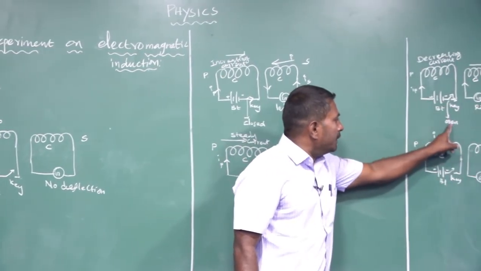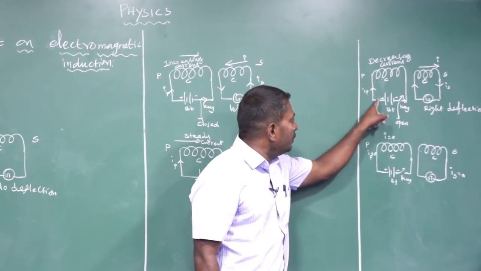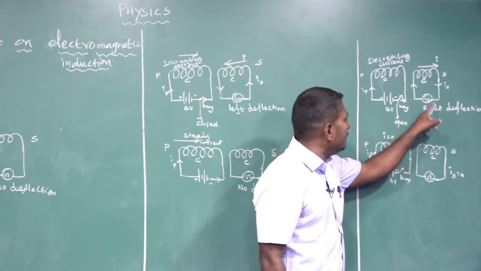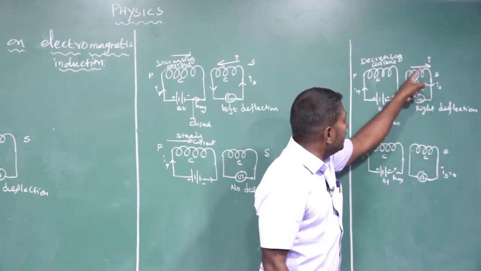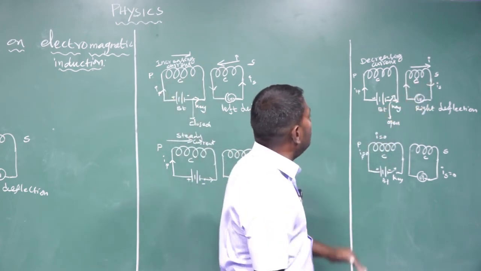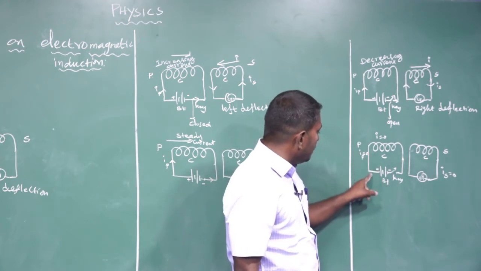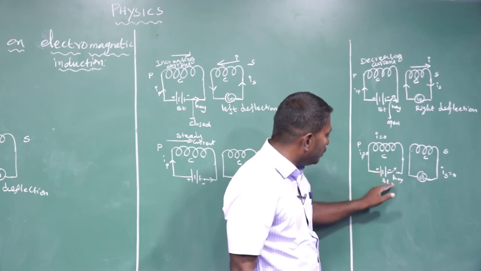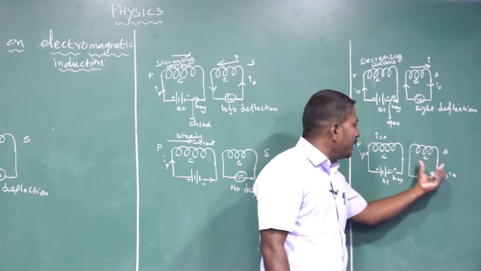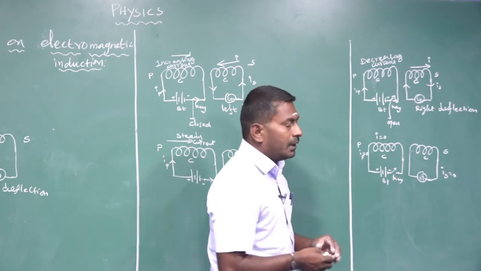If the key is open, the current decreases from maximum current to 0. During the decrease of current, once again the galvanometer shows a momentary deflection, which indicates that electric current is set up in the secondary closed circuit in the opposite direction compared to the increasing current in the primary closed circuit. Then once again, the electric current in the primary circuit reaches a 0 value. The galvanometer does not show any deflection, which implies that no electric current is set up in the secondary closed circuit. We can conclude from this activity,